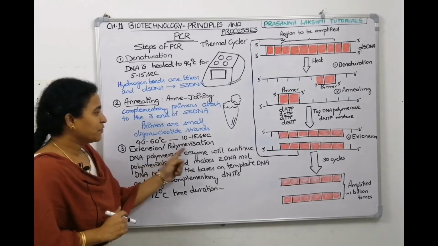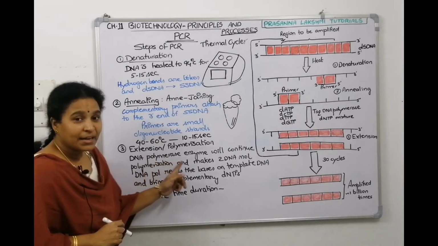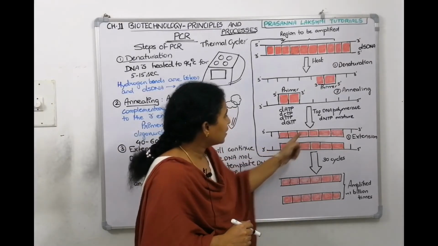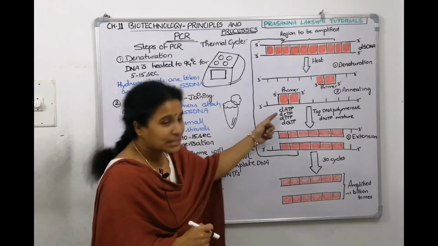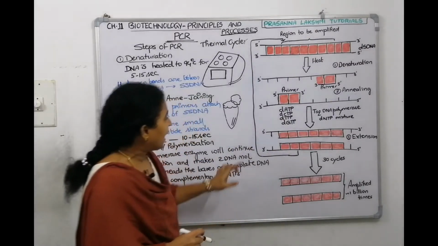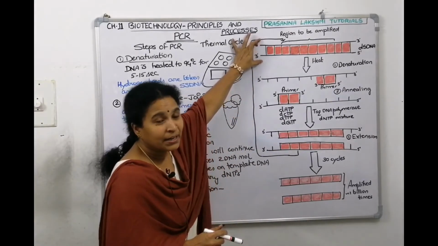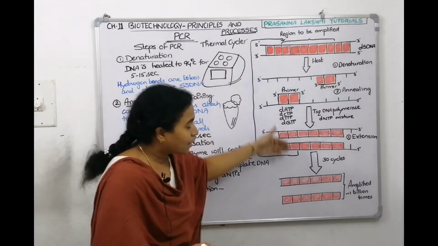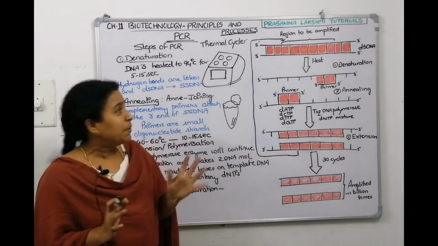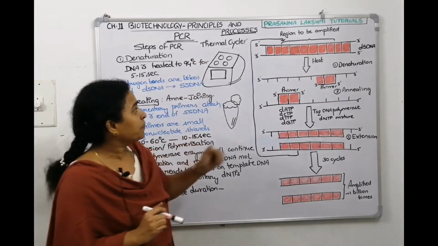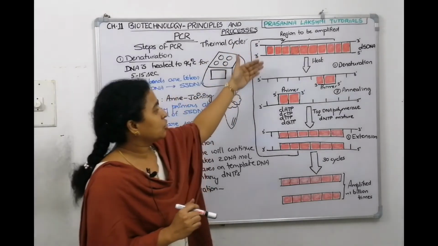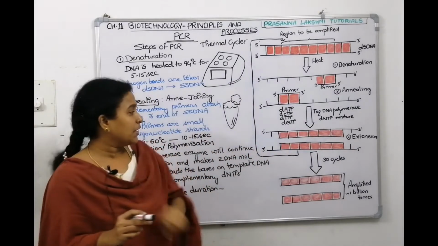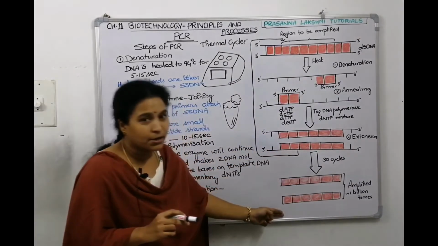So in extension, which is also called polymerization, DNA polymerase enzyme will continue and read the bases here and bring the respective ATPs, CTPs, GTPs, TTPs, and convert one DNA molecule into two DNA molecules, right? So this is one round of PCR. The PCR technique is meant for amplification. After step 1 denaturation, annealing and extension, we ended up with two molecules of DNA. See, here you got two molecules of DNA.